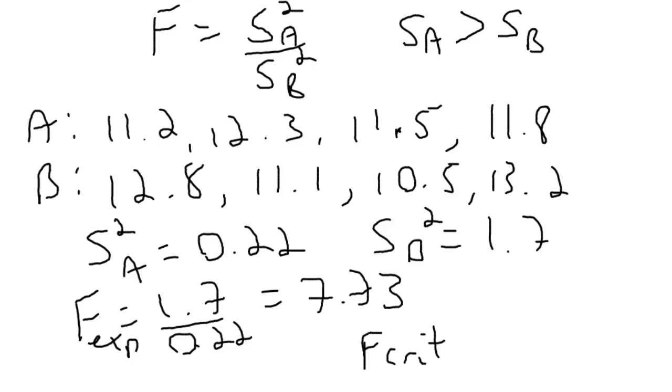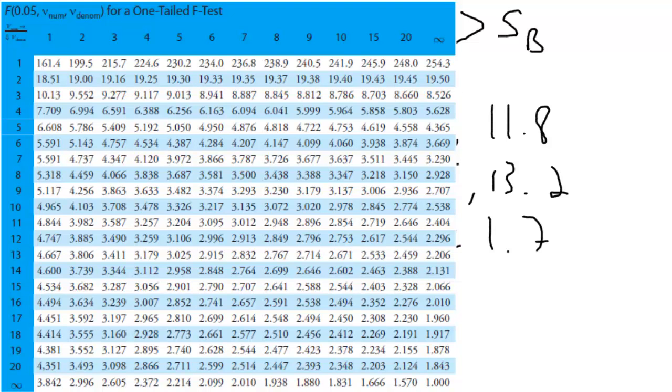Now we'd have to look up the critical value. So you go to an F table. There will usually be two types of tables, one for a one-tailed test, one for two-tailed. So we want to look up for a one-tailed test, and remember we're looking up for degrees of freedom. So these tables are in terms of degrees of freedom of the numerator across the top and degrees of freedom of the denominator going down. So we have two sets of data, 4 observations each, so 3 degrees of freedom each. So 3 in the numerator, 3 in the denominator gives us a critical value of